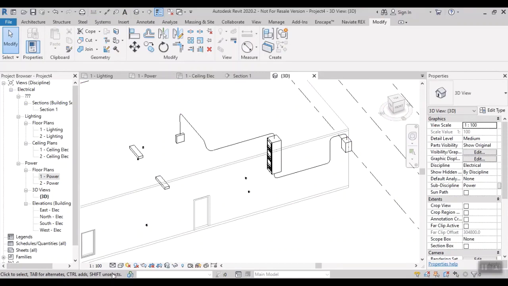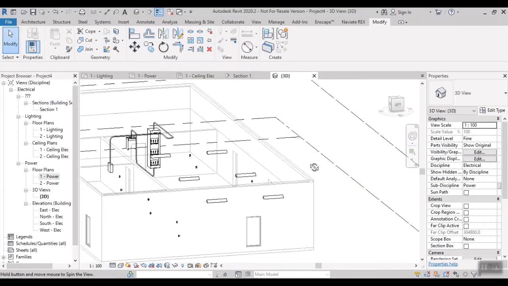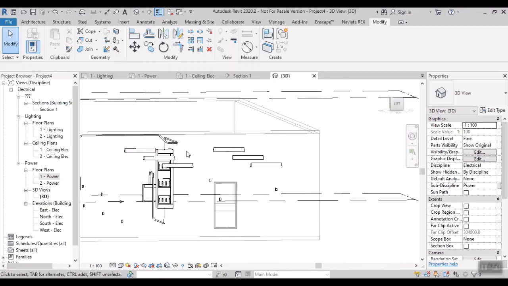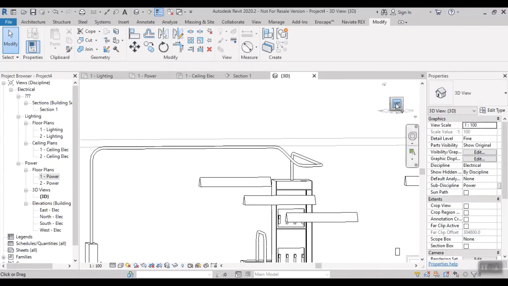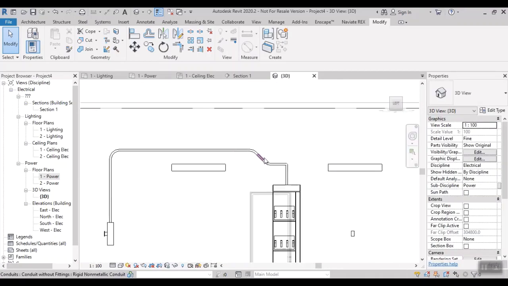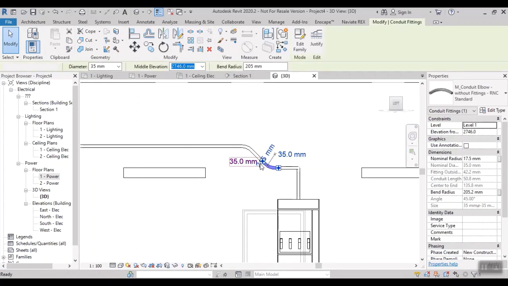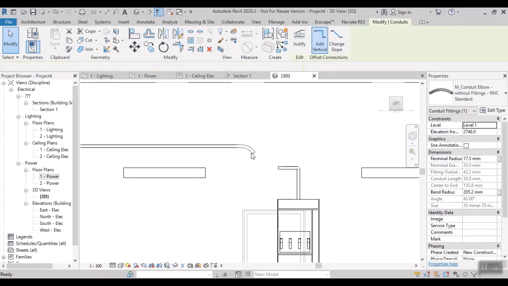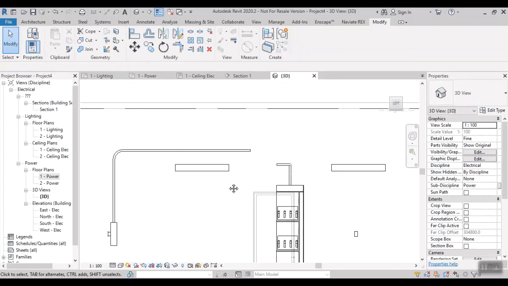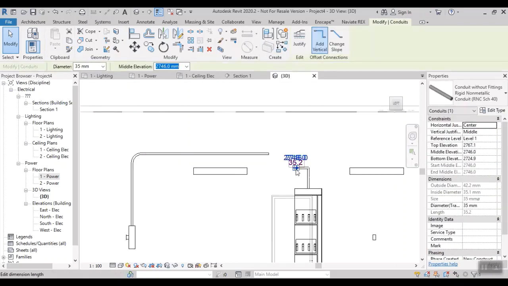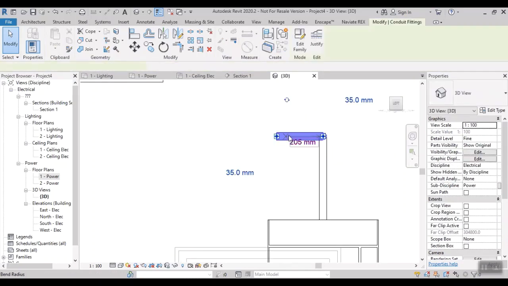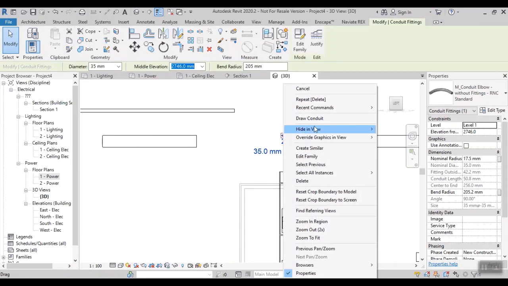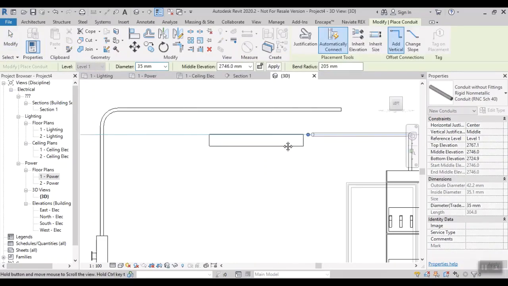And change the height. Oh, so it should be at a different height, right? Okay, I want the same height, so change the elevation height. So just delete the elbow. And then draw a conduit to that distance.